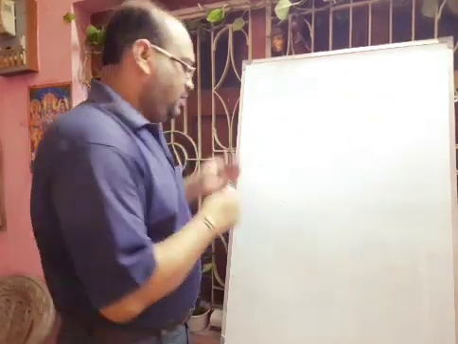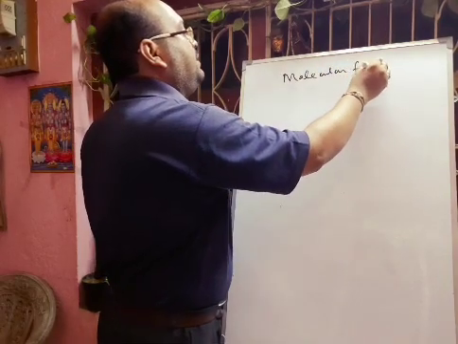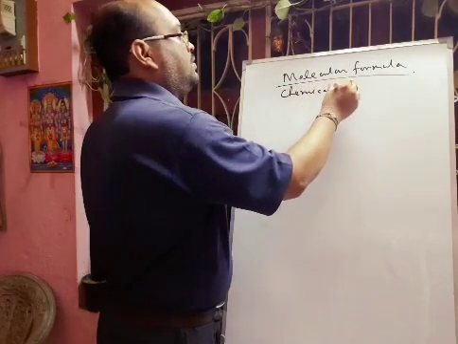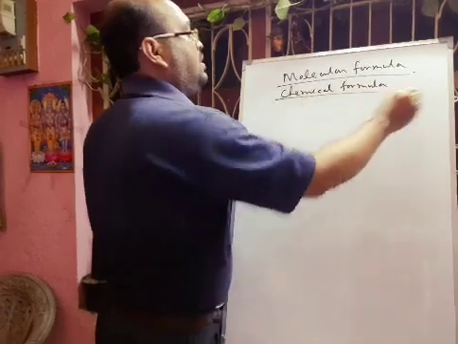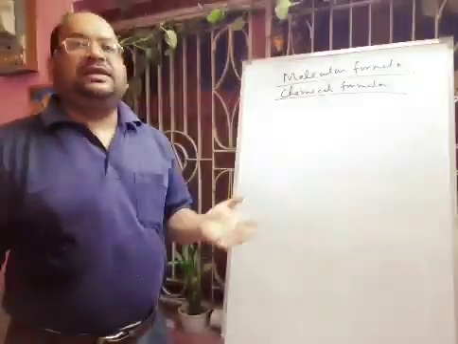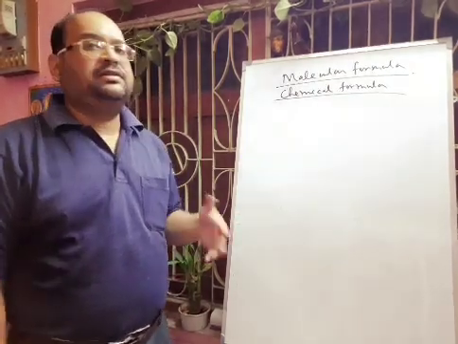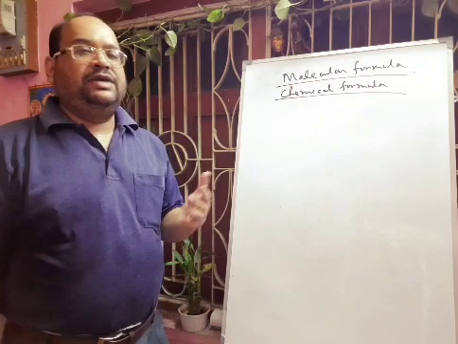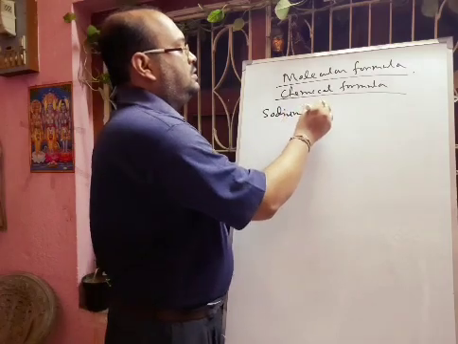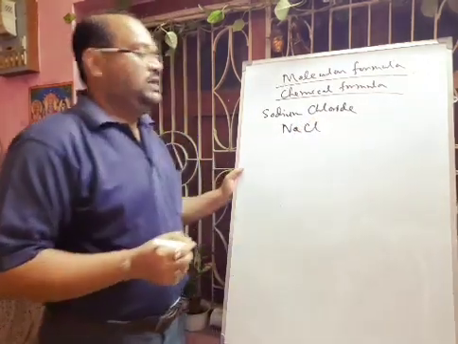Next, we will go to the molecular formula, that is most important, or chemical formula. The chemical formula of different substances, okay. Actually, each compound is represented by a formula, known as chemical formula or molecular formula, with the help of its valency and different radical symbols. We can give one example like sodium chloride. Sodium chloride we are representing in this way. Formula is NaCl, okay.